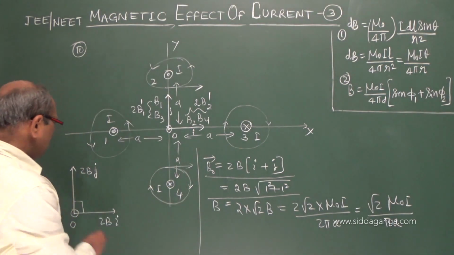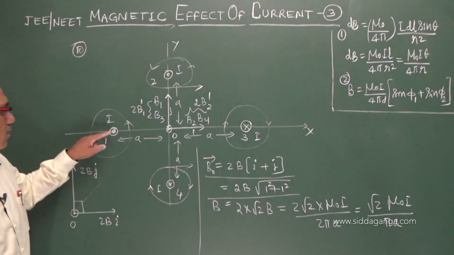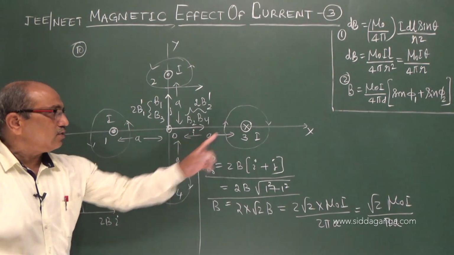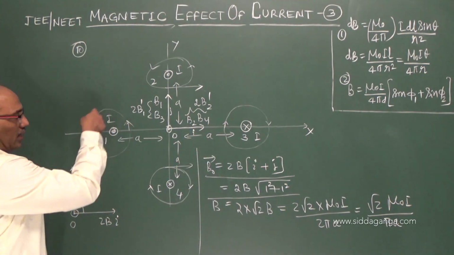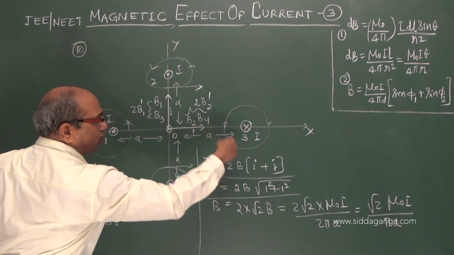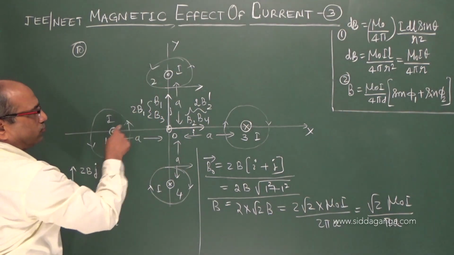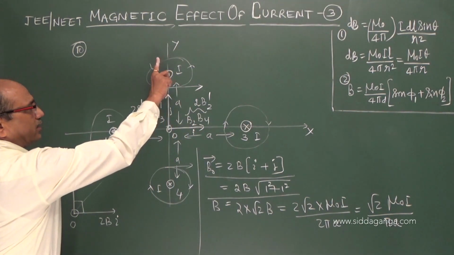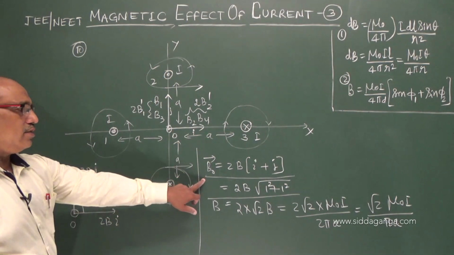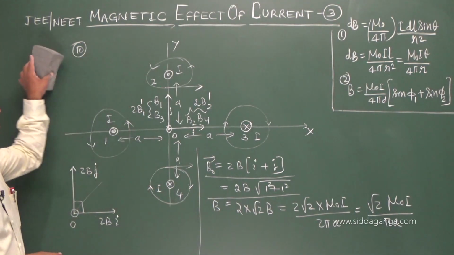Equally, if you want, the direction bisects. So I hope you have followed here. Four wires: 2 wires give the current outward, 2 wires give it inward. For outward current the magnetic field is anti-clockwise, for inward current the magnetic field is clockwise. So you are observing that these two produce the field in the y direction and these two produce the field in the x direction. Substituting the value of B, we got root 2 mu naught I upon pi a.